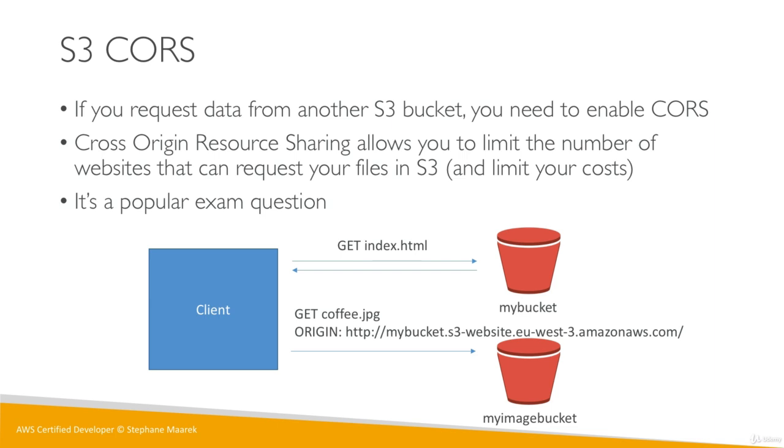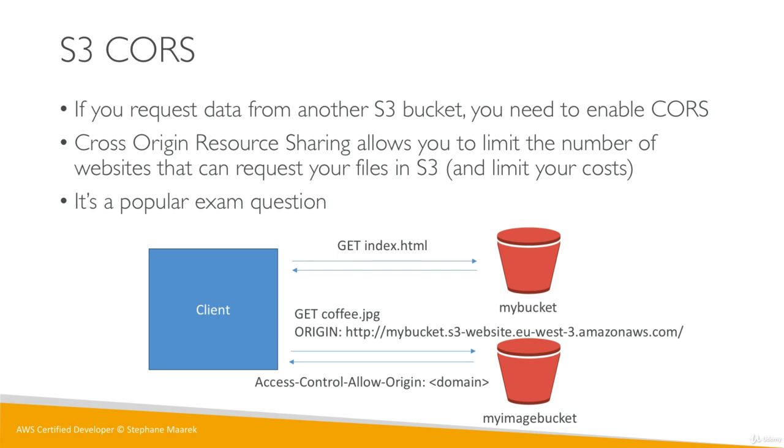And so my image bucket will say, hold on, I'm not giving you coffee.jpg unless your origin has been approved. This is where you go in my image bucket and you need to enable CORS, or Cross-Origin Resource Sharing, to say any request that comes from clients with the origin that is the long URL right here that I've just referenced, these are fine. Any other, deny. And so when you set up CORS correctly, it says, okay, Access-Control-Allow-Origin for the domain you said to me, and here is the image.